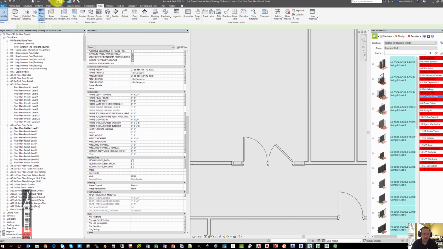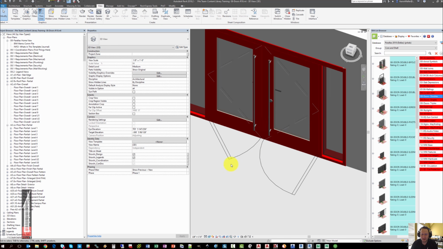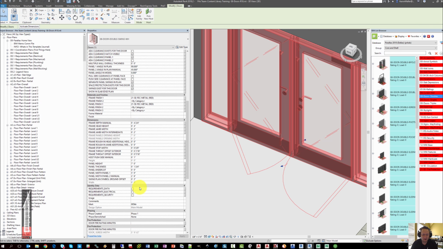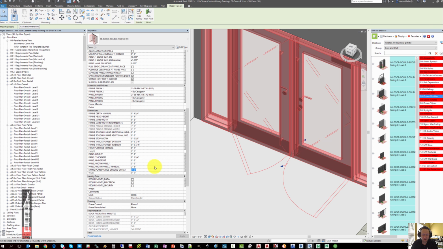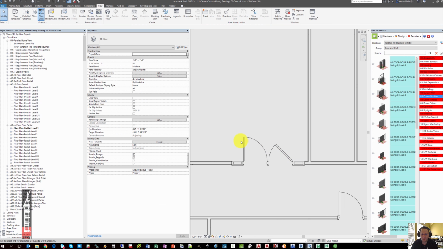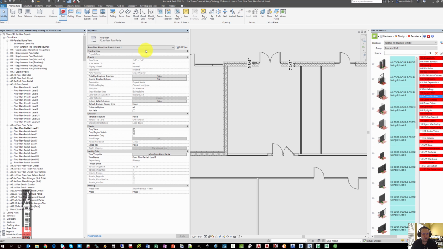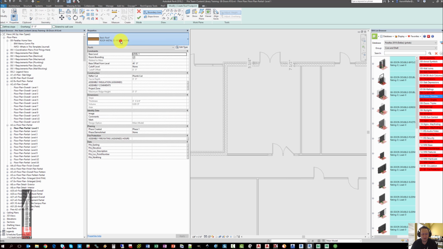The model lines that you see in 3D that show up in plan for the door swings also have an offset parameter that is generally set to 2 inches. The reason for this offset is if you are a firm that uses either floors or roofs to model in your finishes, we don't want the model lines to be covered up. So if we model in